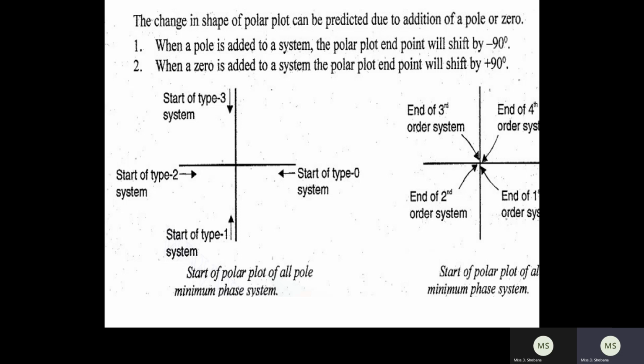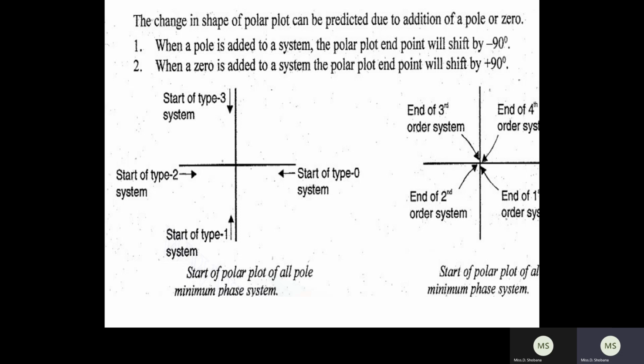Here you can see, for the next one, the second transfer function is 1 divided by s into 1 plus sT. Here there is a pole at the origin, s equal to 0. So you are getting one pole at the origin. Therefore, type number is 1. Overall s power is a square, therefore order is 2. So depending upon the type number and order of the system, it starts from the minus 90 degree direction, and then it ends in the second quadrant. The same procedure you can follow for the mathematical model also.